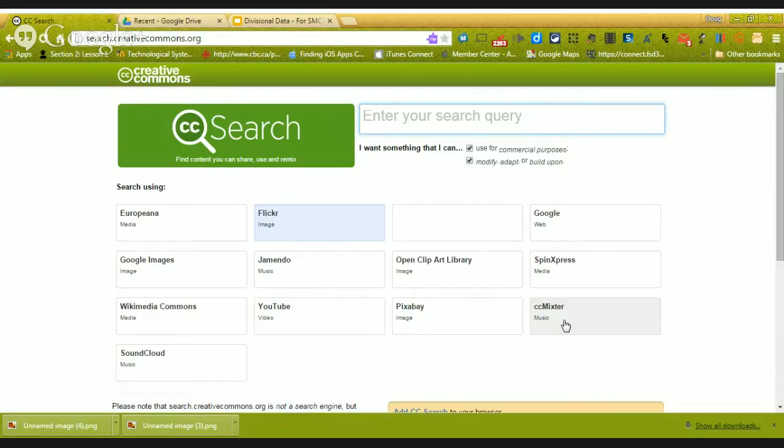And it actually helps you to find content that you can, for example, use for commercial purposes. I don't really need that, so I'm going to uncheck that. Or if you want to have something you are allowed to crop or change, I might check that one. So for example, if I wanted to have an image for my website of a coffee cup, I might choose Flickr as a place to search,